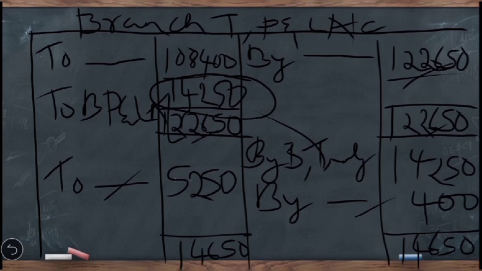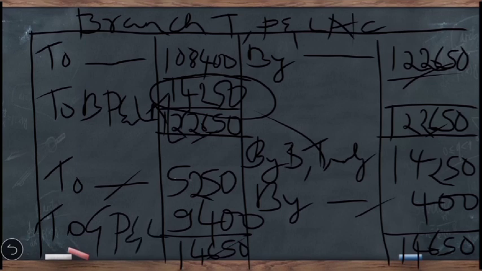Now, when you compare, the credit side is more, that is 14,650, and the same total is written even on the debit side. So, the difference we get here is 9,400. Here also we get the balancing figure on the debit side, which represents net profit. Now, this net profit has to be transferred to the general profit and loss account.